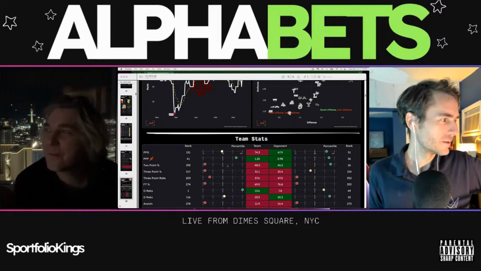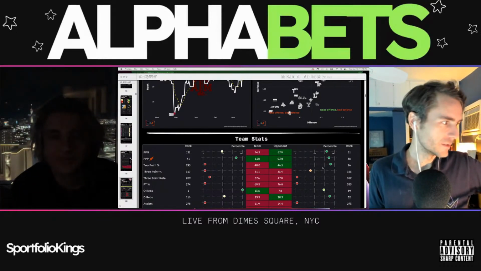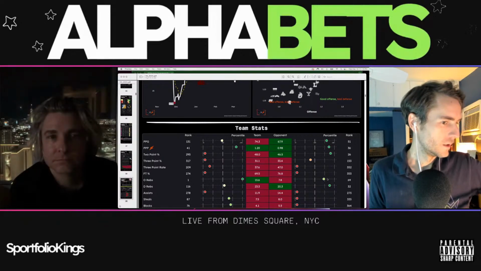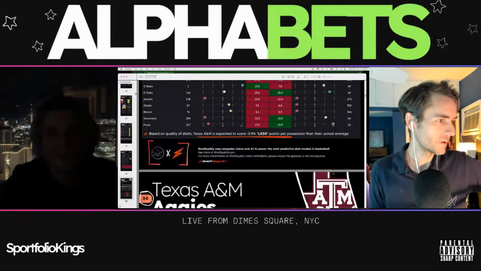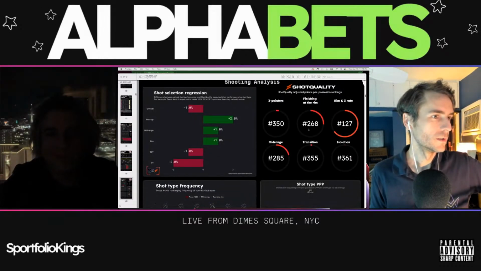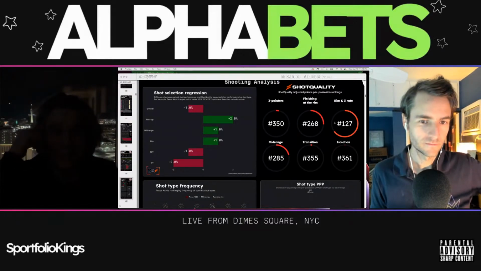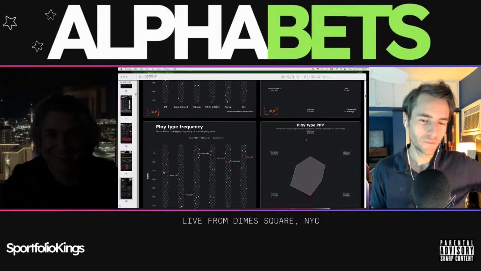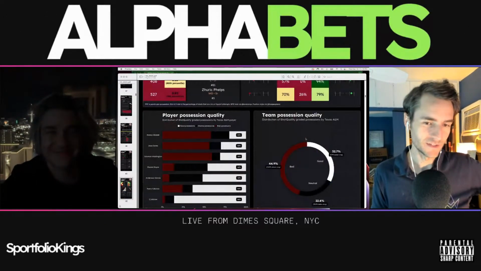Points per game. Shot quality has them at 41. They're good on defense, top 50 in defensive categories mostly. Very good at offensive rebound. Tough one. Texas A&M. All right, let's keep going. This shot quality adjusted points per possession ranking, they're bad at everything. Yeah. Shot quality hates them. I think just because of our partnership with them, we got to fade them. Fade Yale? No, fade Texas A&M.